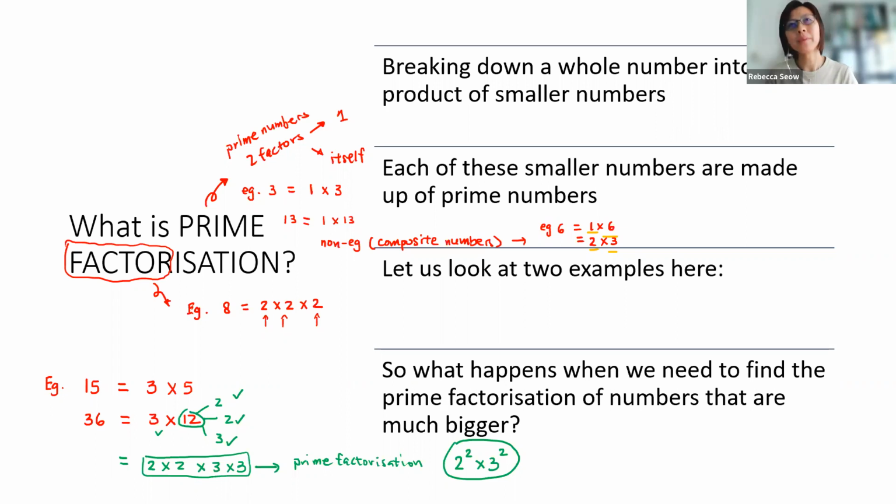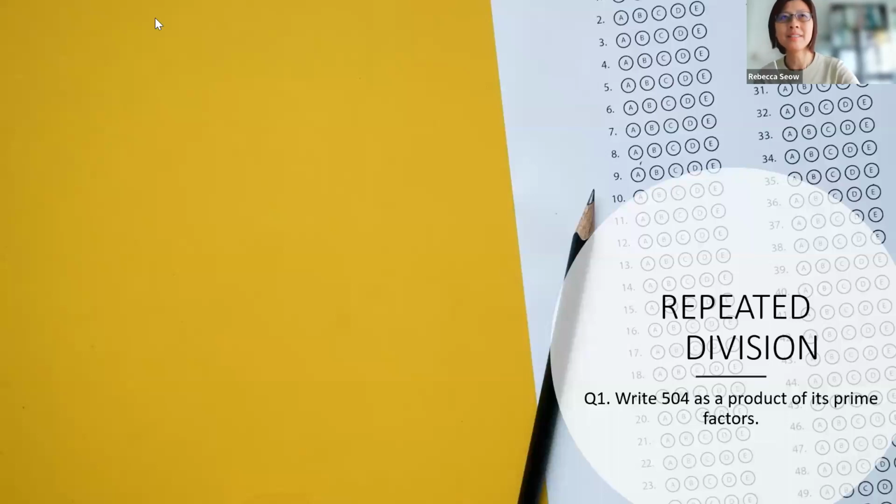So there must be another way. And that method would be that of repeated division. So at this point, let me show you what I mean by repeated division and how we are going to go about doing it. If we look at the bottom right-hand corner, one question taken from the N-levels examination,